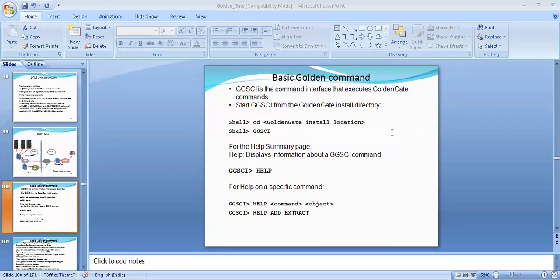Yeah, tell me. So overall in GoldenGate, how many parameter files do we use for all the processes? Each process has its own parameter file. Extract has its own parameter file. Data pump has its own parameter file.